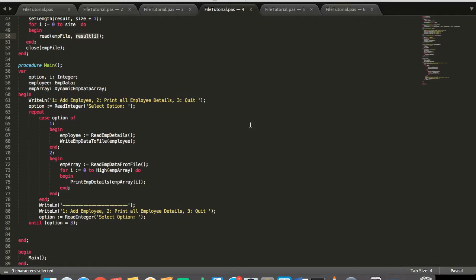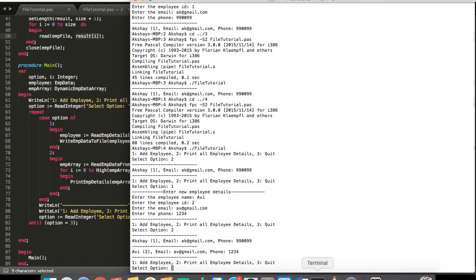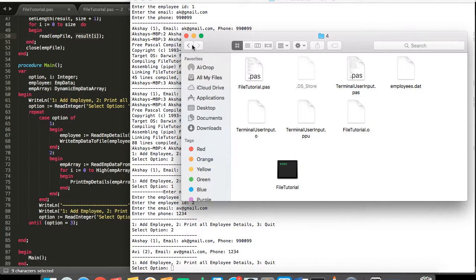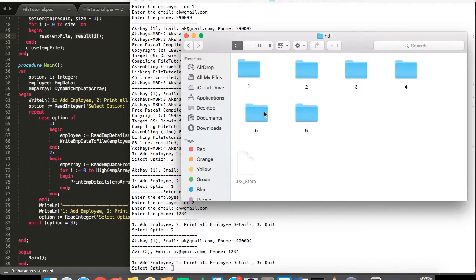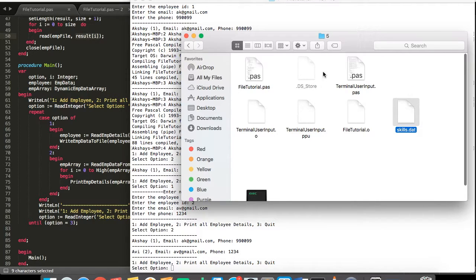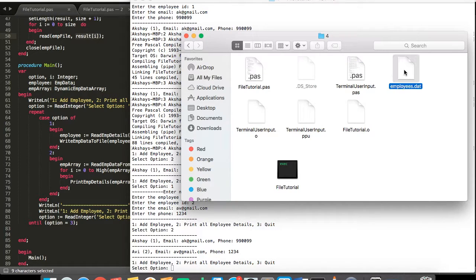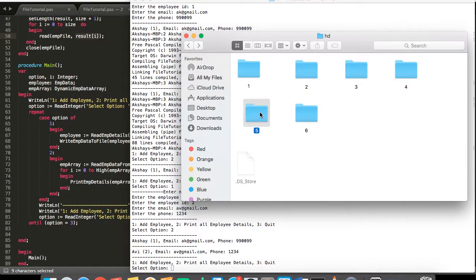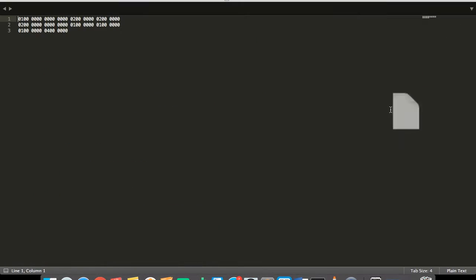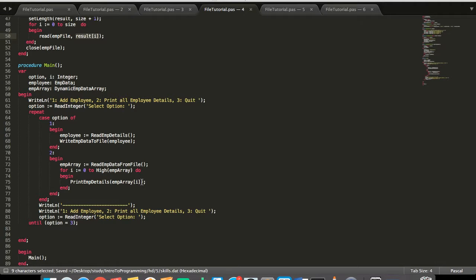Let's go on to create something a bit more complex. We will take data into files. So I want to store data about skills of each employee. So what I've done here is in program 5, I've created a skills.dat file. I'll copy the employees.dat again to this. I'll clear this data in skills.dat, and yeah, let's go ahead and have a look at